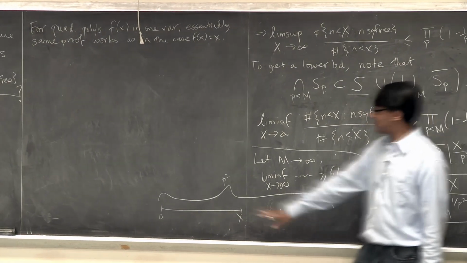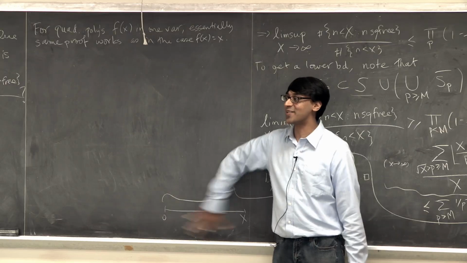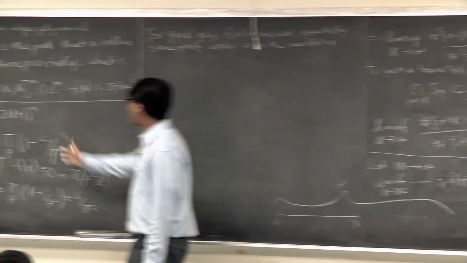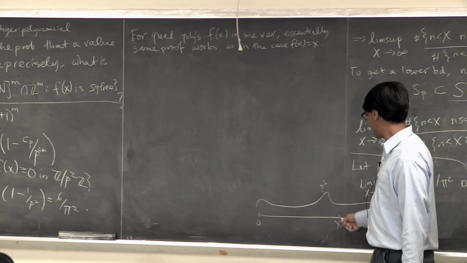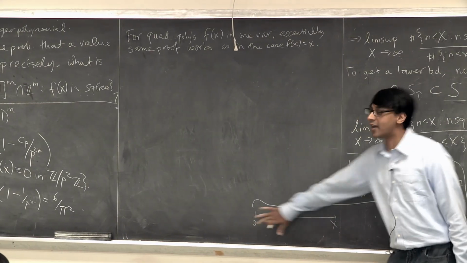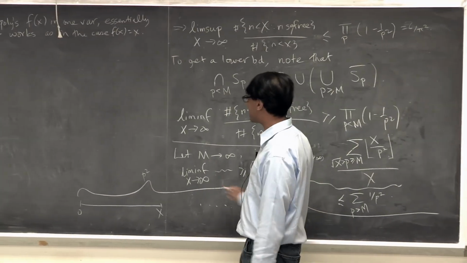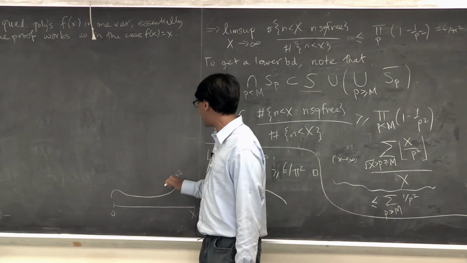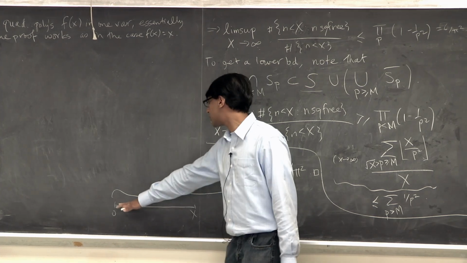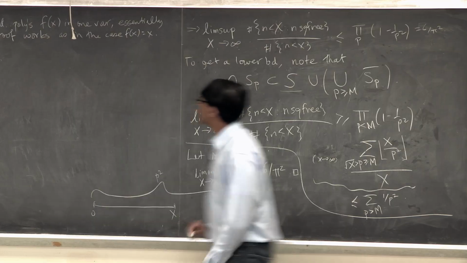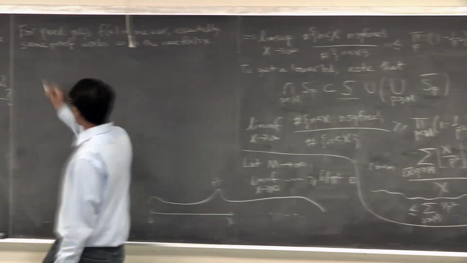Or it could do the opposite. It could just put them all in this little tiny place where you're counting. So even though cp over p to the 2m is small, it may be coming out huge because all the solutions are conspiring to be in that little tiny interval that you're counting in. So the problem is that p squared can start to get much bigger. The p's that you care about, those p squareds, could become way bigger than the interval in which you're counting. And so for higher degree polynomials,